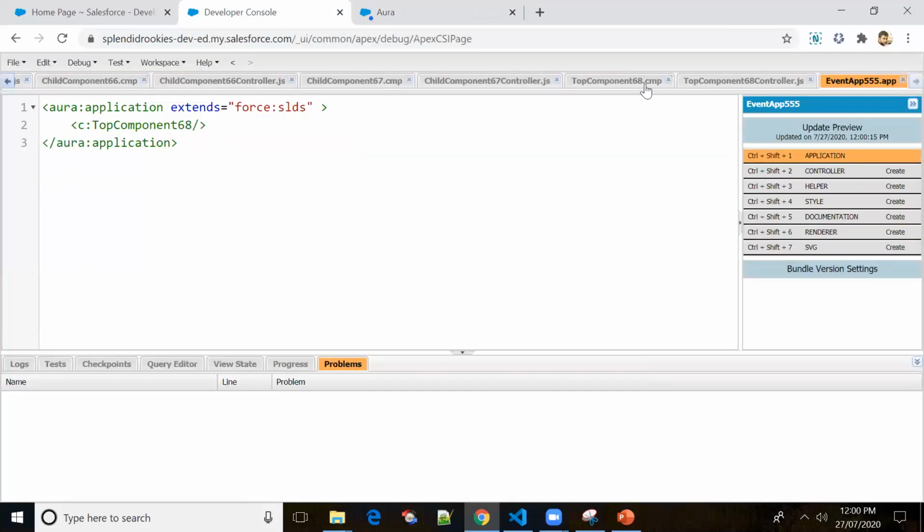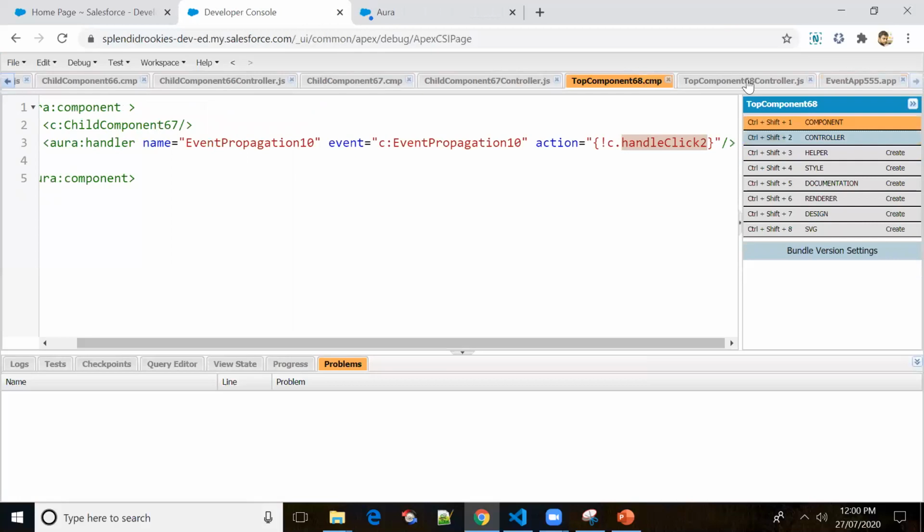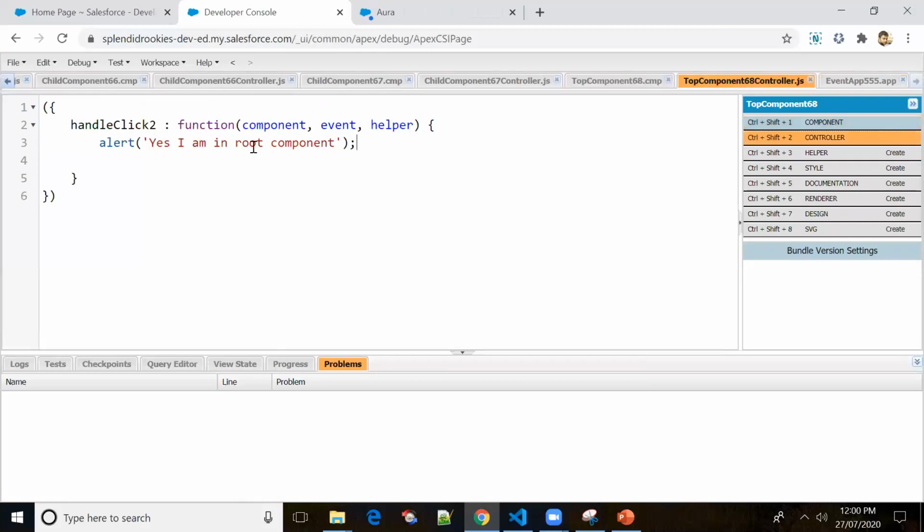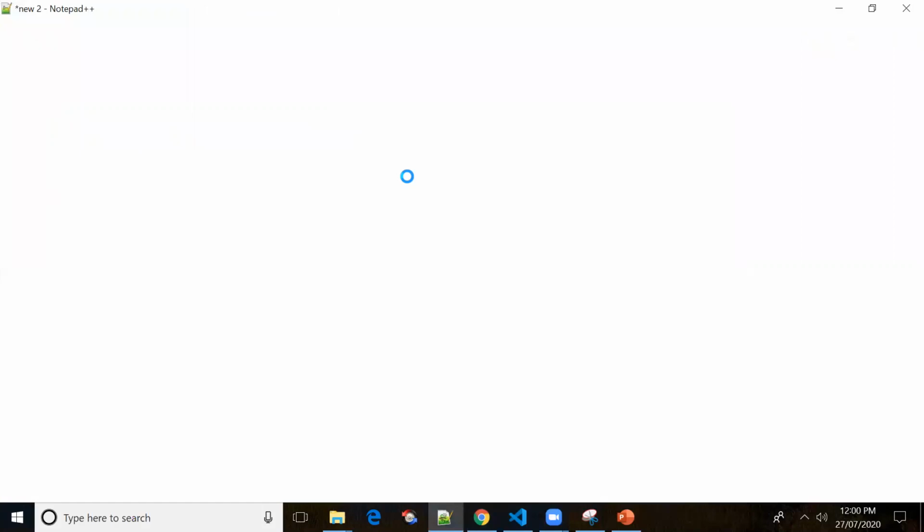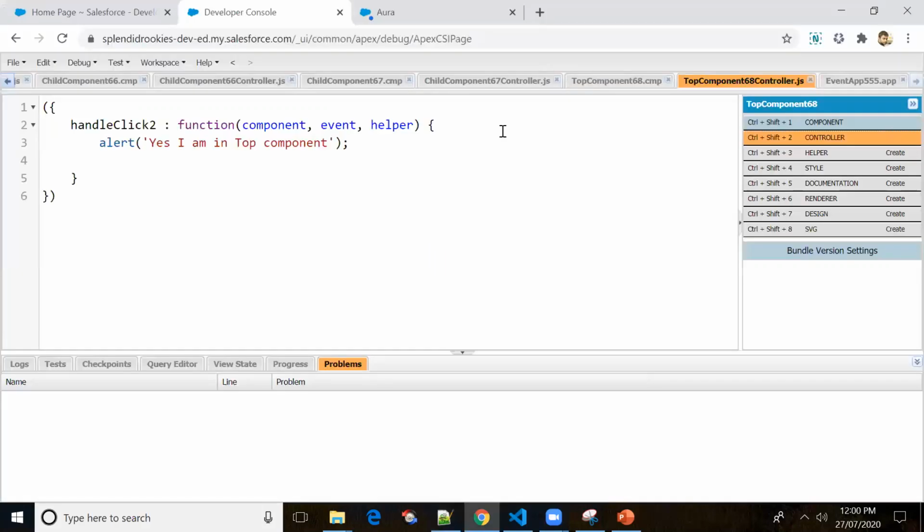Okay, so I'm firing the event. Yes, I'm in bottom component, child component, child component 2, and the top component and the root component. Okay, instead of root, let me put a top component. Okay, see what is the order of execution. So from the bottom component, it will be reaching